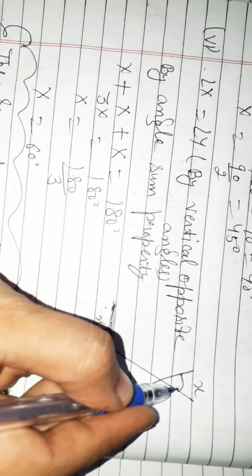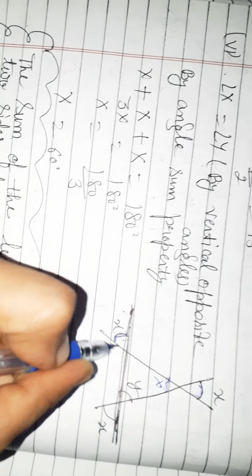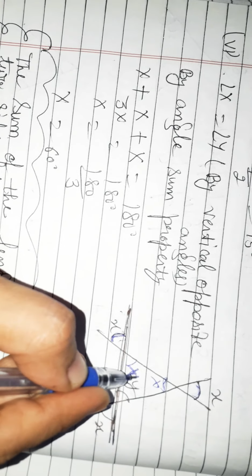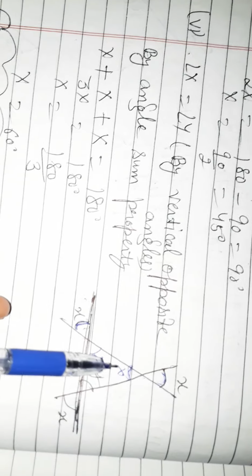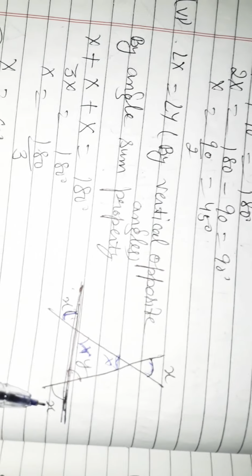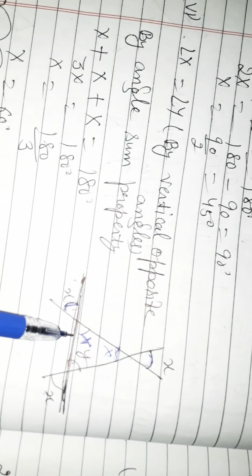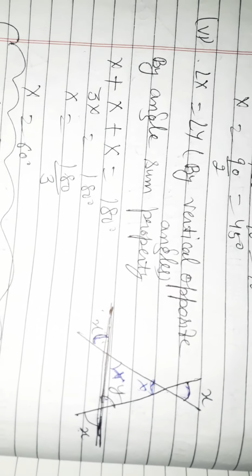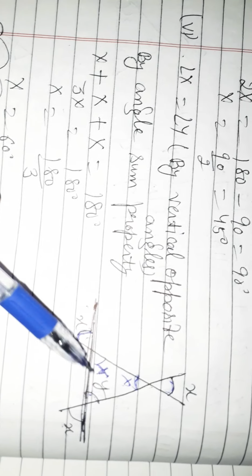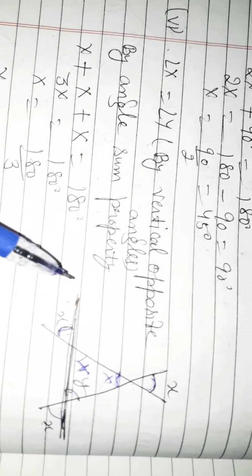Students, here is angle x, so this is also angle x, vertical opposite angle. This is x, so here is also angle x, vertical opposite angle. So the interior angles of a triangle will be x, x and y, but y is also equal to x. So the interior angles of a triangle are x, x and x, and the sum of all three angles, 3x, is equal to 180. So the value of x is equal to 60 degree. It means all the interior angles of the triangle are 60 degree. It is an equilateral triangle.